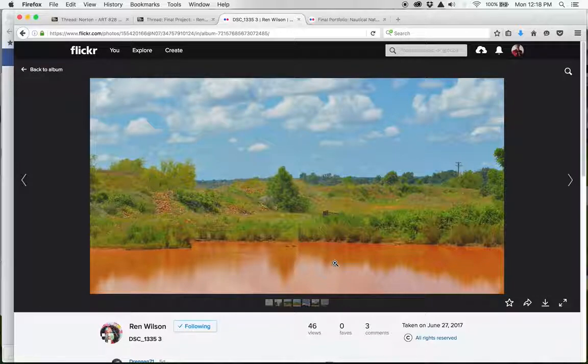I want to know, is this a quarry? Was it a mine? Is this a natural lake? It feels unnatural to me. I just have a lot of questions about it that I want to look at and answer. And I love the balance of it. I love the strength of this tree right in the middle there, and then the reflection of it down here.